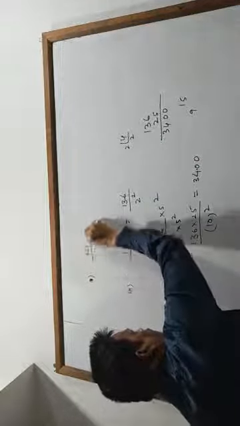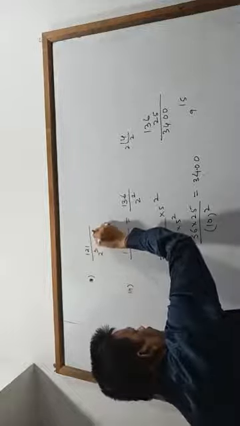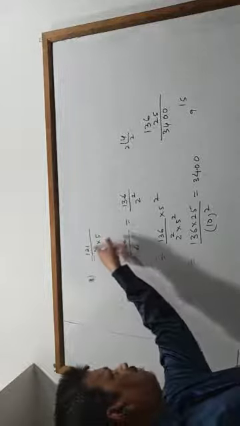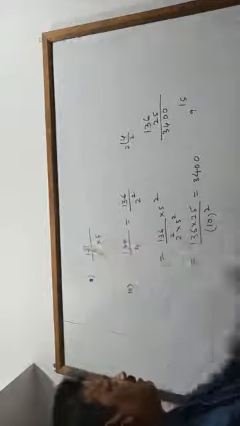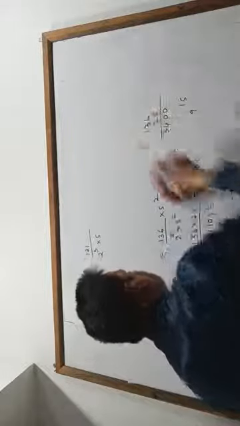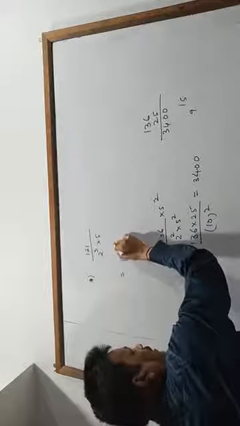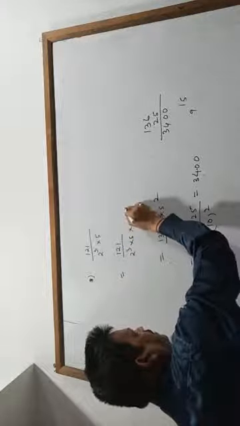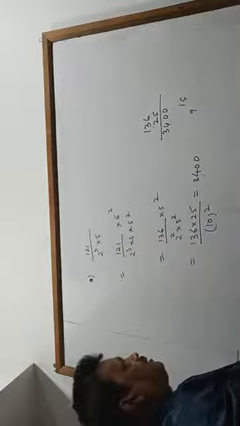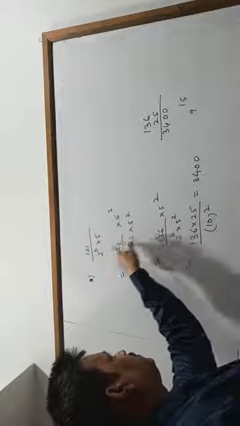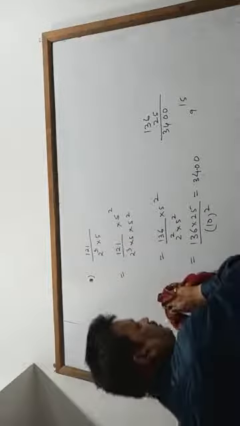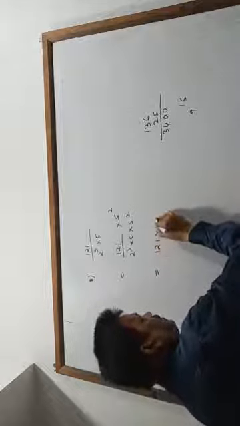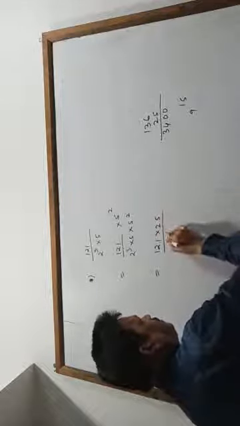1 by 2 cube into 5. To make it 10, the power should be same. Here the power is 5 only. So what you have to do? You have to make the power same. Means 121 by 2 cube 5, then you multiply 5 square. Why 5 square? Now 5 square into 5 will be 5 cube. The power will be same. So that will be 121 into 25 divided by 2 cube into 5 cube.